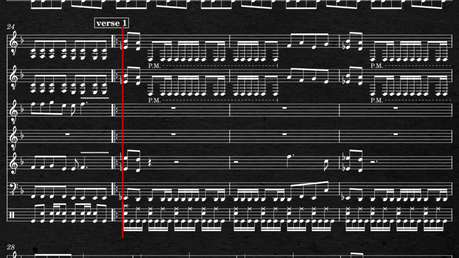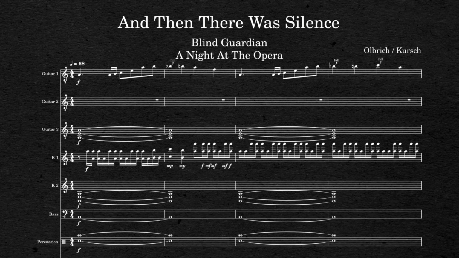Note how the minor scales sound brighter in contrast with the previous heavy Phrygian sound. Very cool, right? Blind Guardian's And Then There Was Silence also features interesting stuff in the beginning of the 13 minutes track. It sets a very well established A minor sound right from the start with awesome and iconic